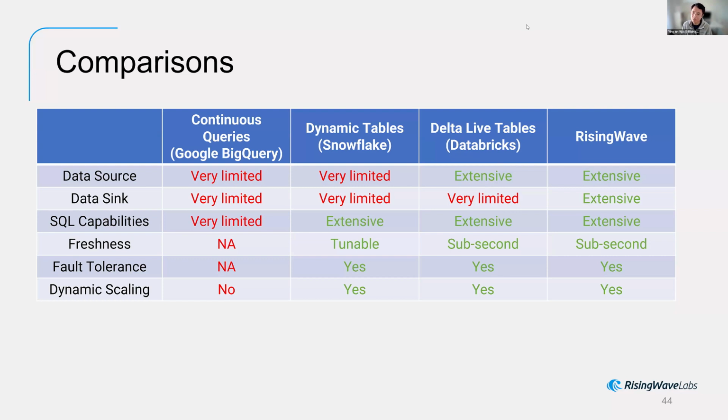And in terms of freshness, for Flink, it could be sub-second. And for fault tolerance, that's an interesting part. They claim fault tolerance, but I have to say it totally depends on the failure recovery time, which depends on the state size. The internal state is not transparent at all, you actually have to tune the state on your own. If the state is big, then the failure recovery time could be very, very long, could be hours. Totally depends on your applications.